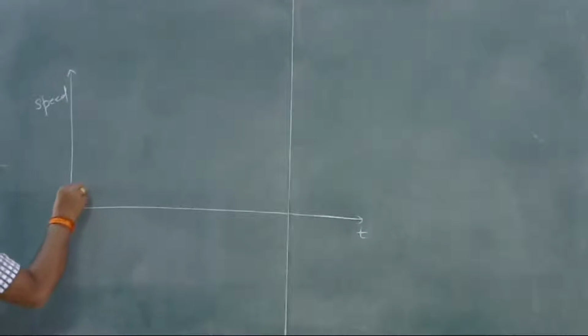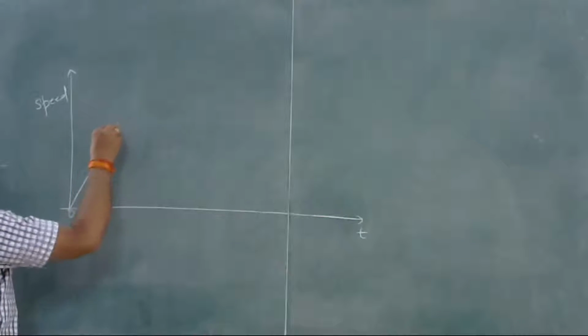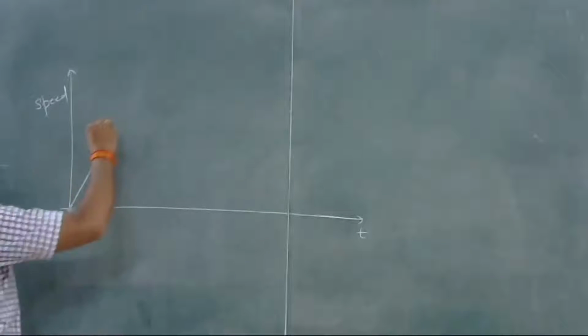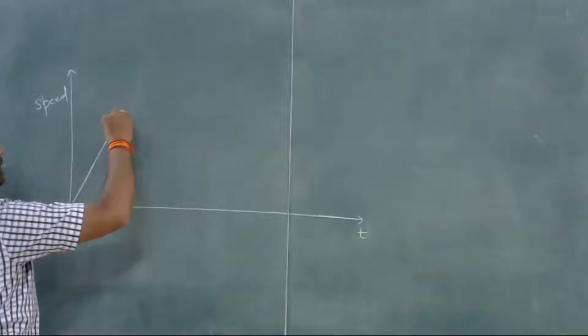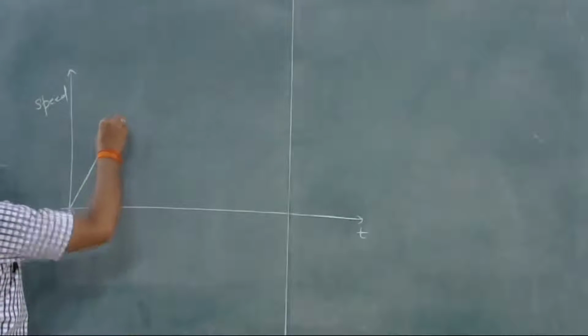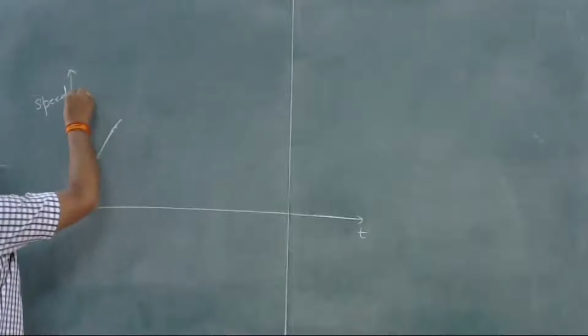So it will accelerate. Okay. Constant acceleration will be there from the start. And at this point it achieves the base speed. Okay. And then this region corresponds to